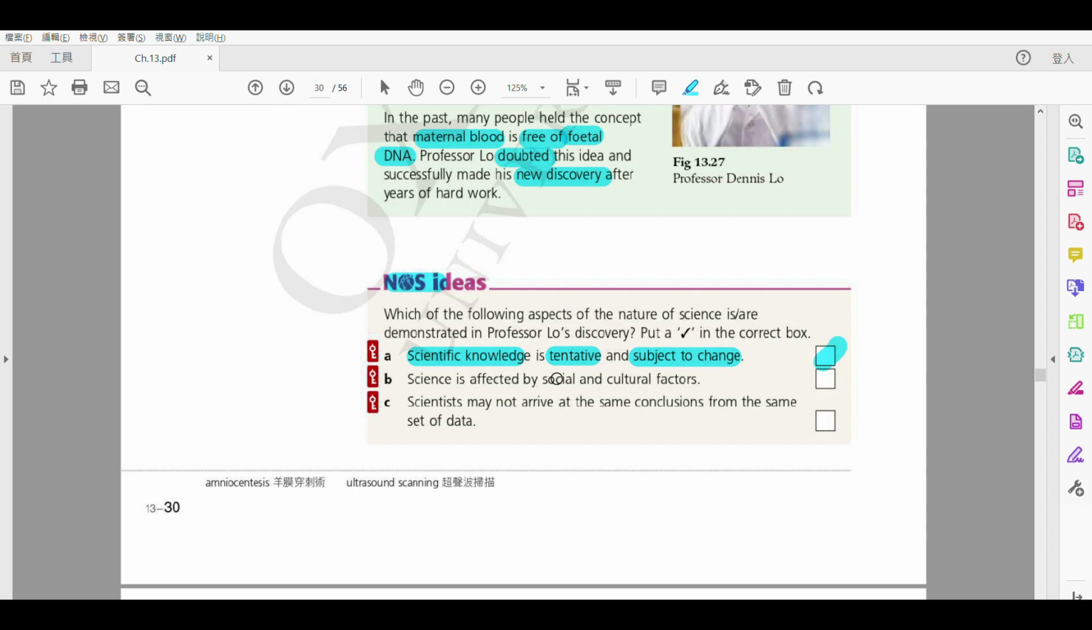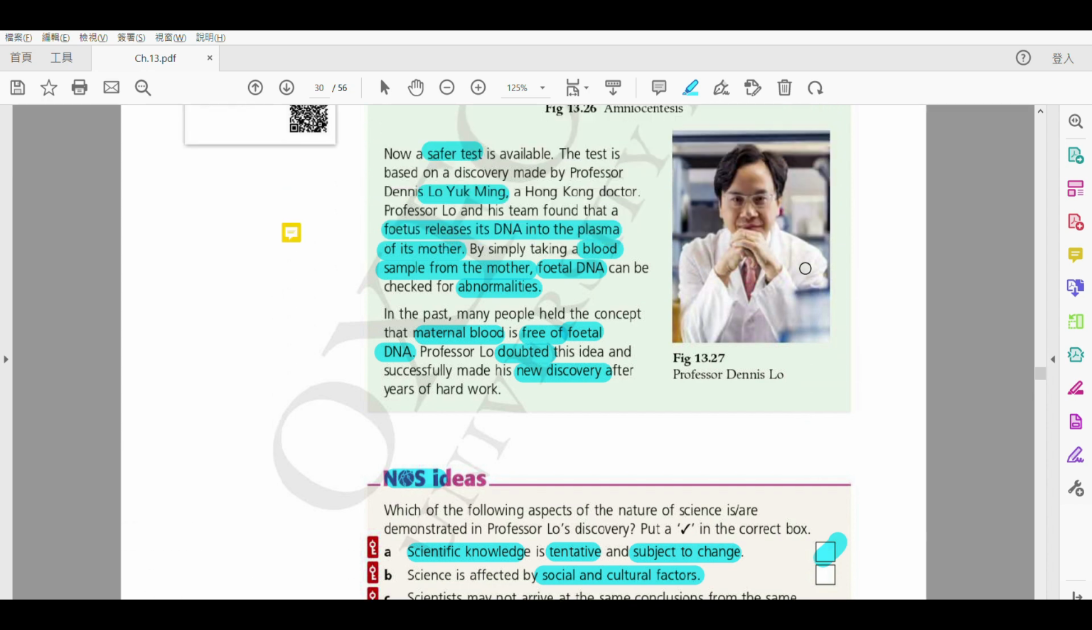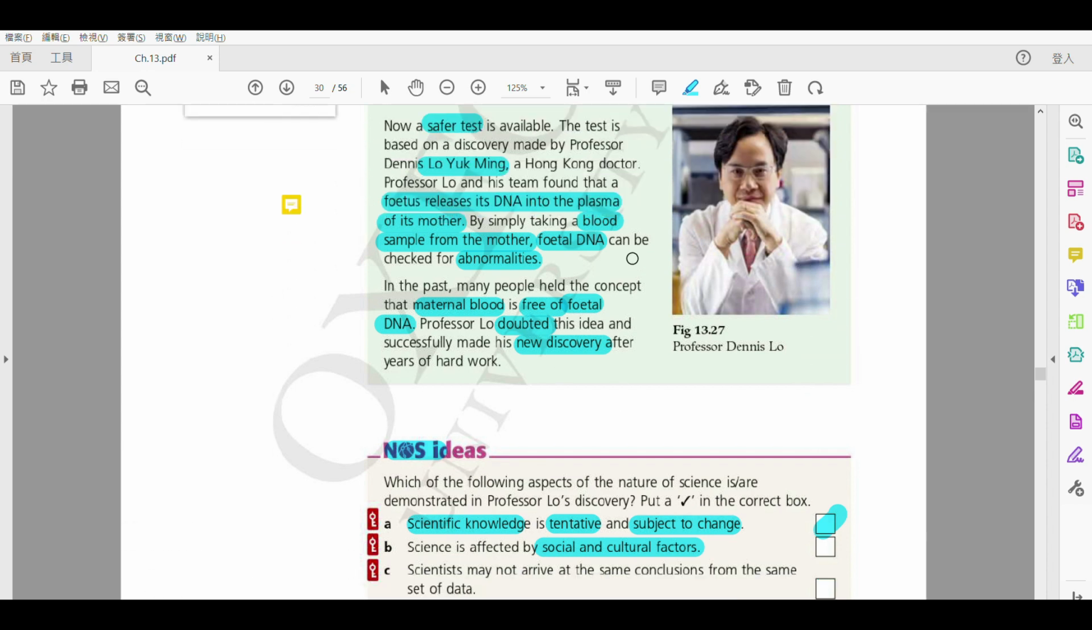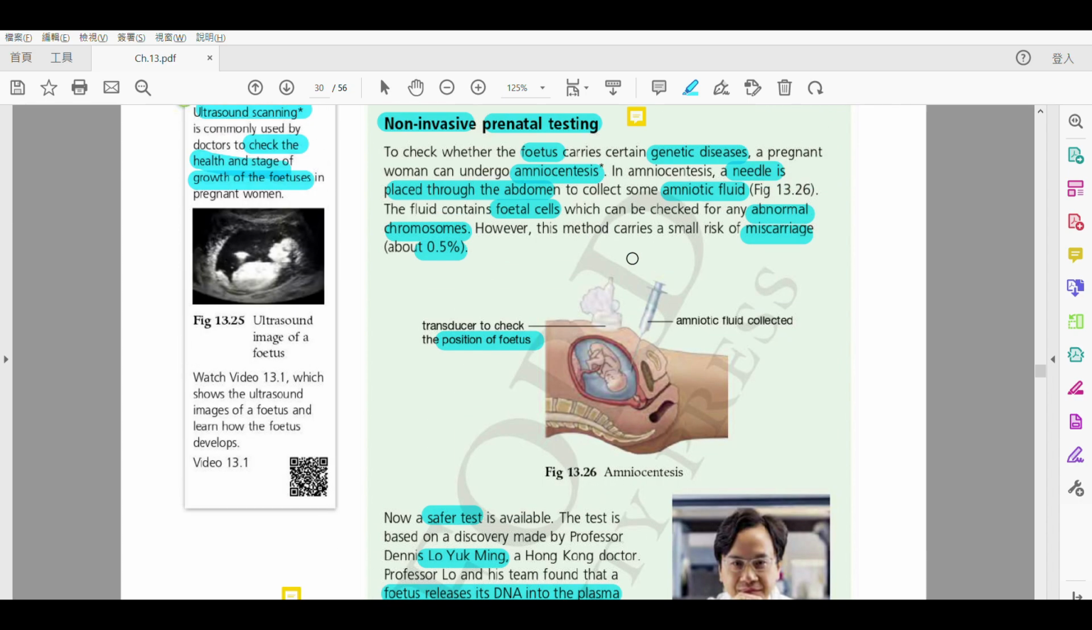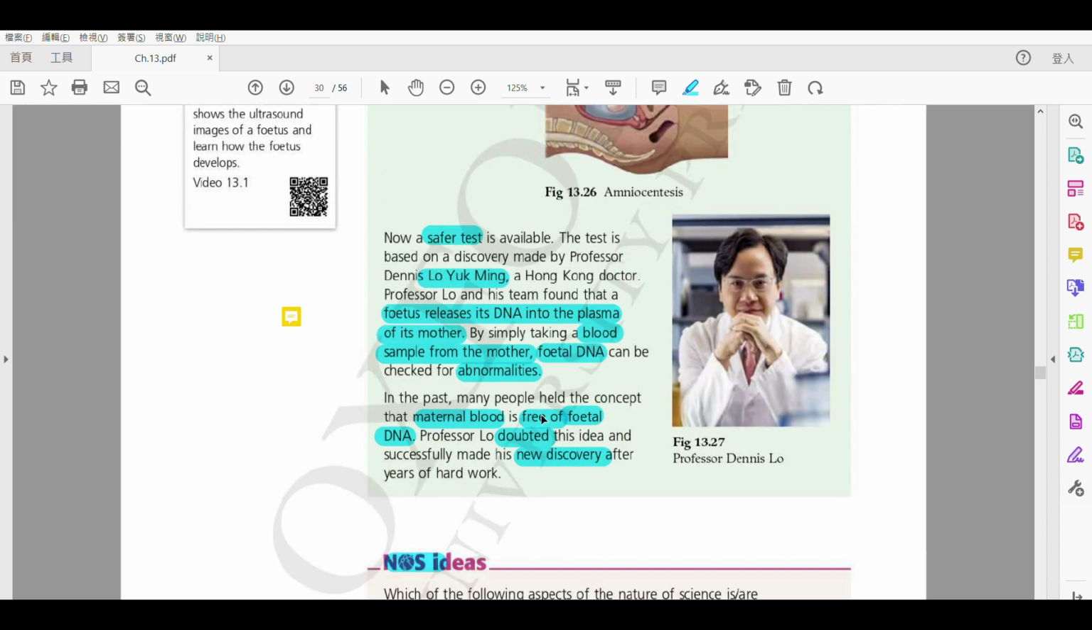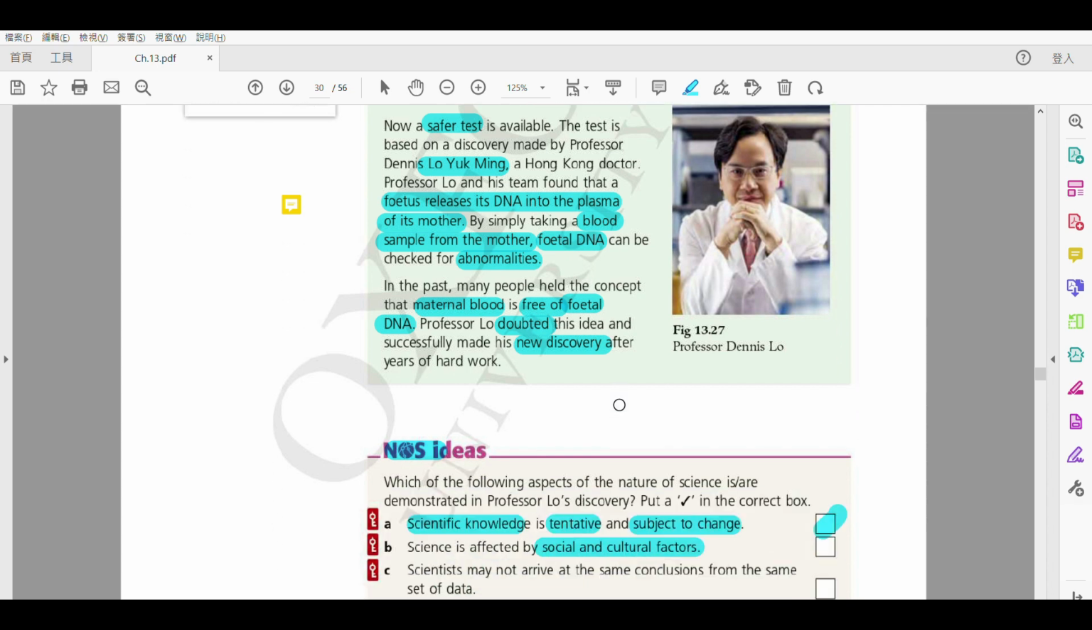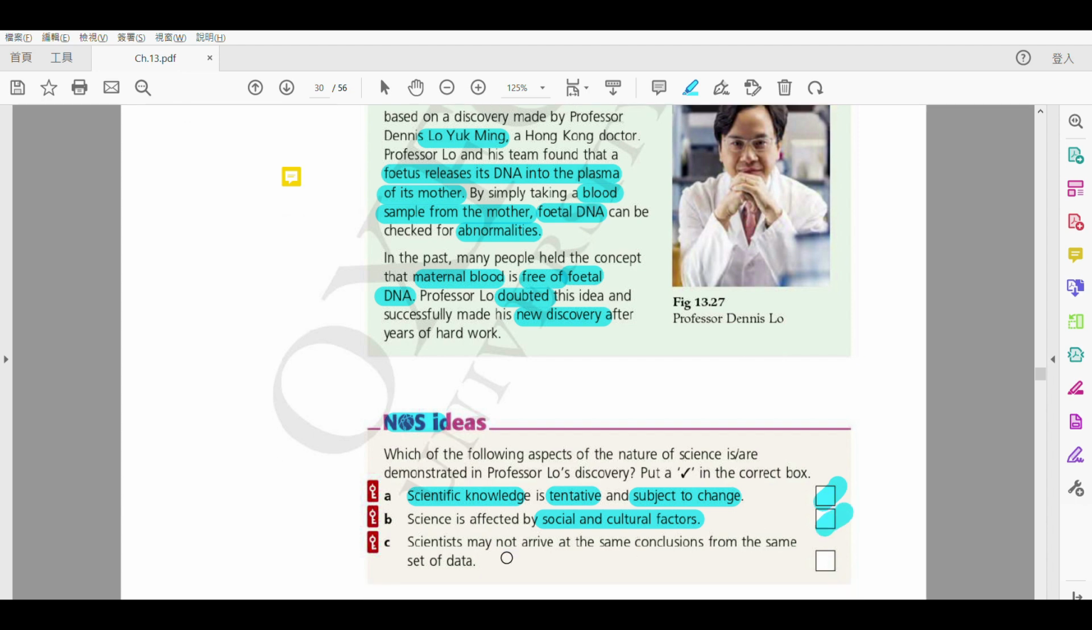And then science is affected by social and cultural factors. OK，咁呢一個啦，即係代表係咪社會同埋呢個文化會影響咗，會 affect 呢個 science 咧？The answer is also yes 嘅，因為你會見到啦，here 你會見到係 many people 會 hold the concept 啦，然後就會覺得其實 you cannot find any fetal DNA in the maternal blood。但係咯，someone 就會 doubt 咗呢個 idea 啦，然之後啦就 he disagrees with your social or cultural 嘅一啲 ideas 啦。Okay, so this is also another yes。